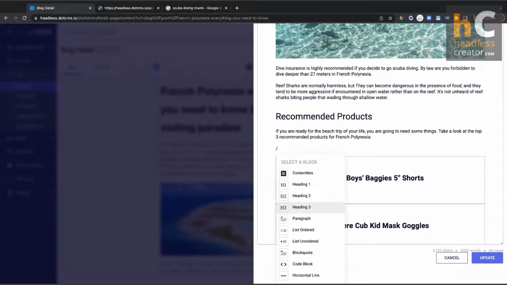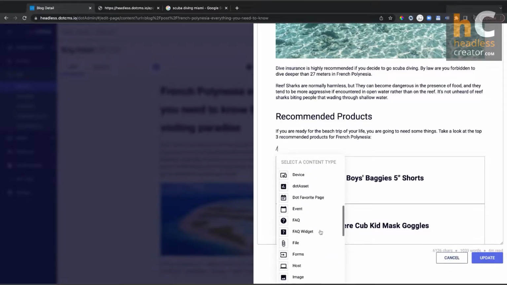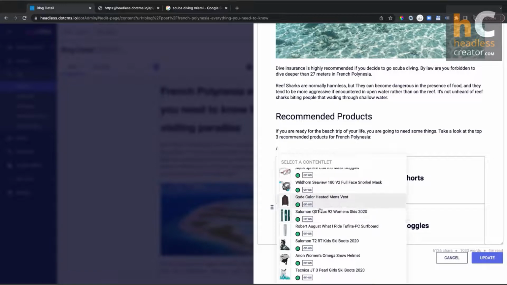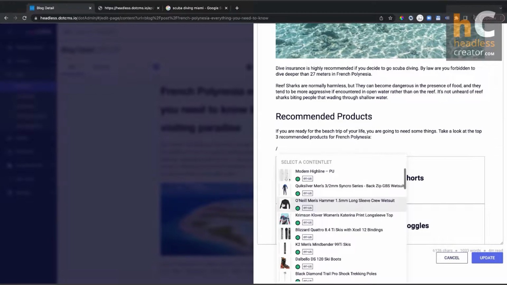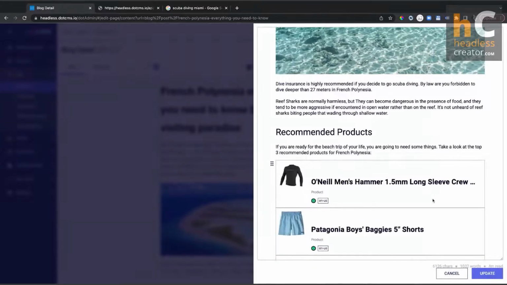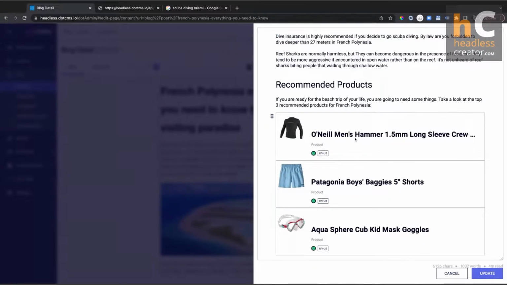It's totally up to you as far as the configuration, but I can also add contentlets. Right. So now I'm getting a complete list of all the contentlets or components, which are handled by my Next.js app. So I can come down here to a product and say I want to search for scuba diving gear, or something here. I'll just do this O'Neill vest, and then just add that. And then of course my styling of how that product should look within the block editor is coming from Next.js,